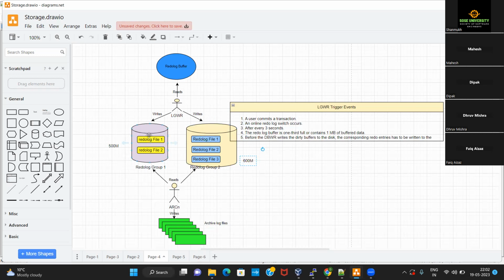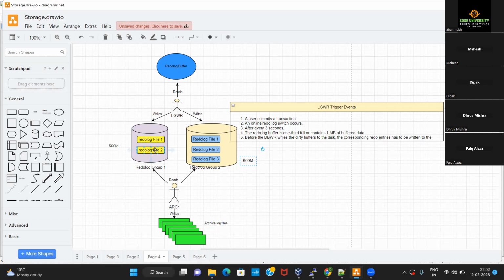But the problem is that those redo entries which were initially written on this specific group are very critical for performing recovery in the database, right? LGWR can't straight away overwrite all those redo entries.